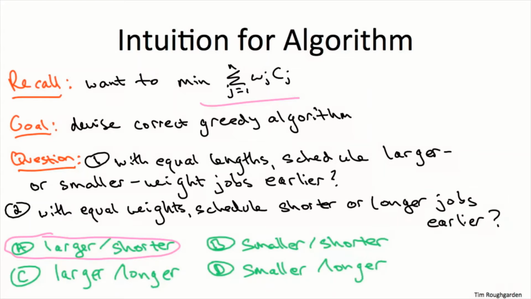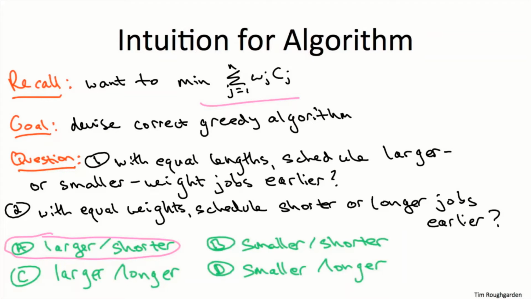The second special case, where jobs have equal weights but varying lengths, I think is a little more subtle. Here what you want to do is you always want to favor small jobs, jobs with the smallest lengths, everything else being equal. The reason for that is that scheduling a job in a given position forces all the other jobs to wait for that job to complete. So whatever job you schedule first has a negative impact on all of the rest of the n-1 jobs. So all else being equal, you want the smallest job there that minimizes the consequences for the jobs that are to follow. If you find this a little unintuitive, I suggest just looking at a very simple example. 2 jobs, both have weight 1, one has length 1, one has length 2.